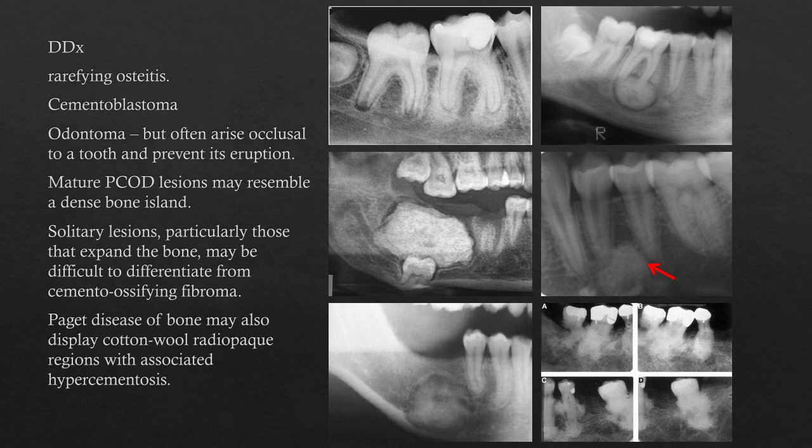So what can be the differential diagnosis for this? It is cementoblastoma or rarefying osteitis. Initially, the first thing is rarefying osteitis. You can differentiate it by a filling that is seen, or there can be deep caries that is seen. On the first image, you can see there is rarefying osteitis there, that is bone formation there around the roots